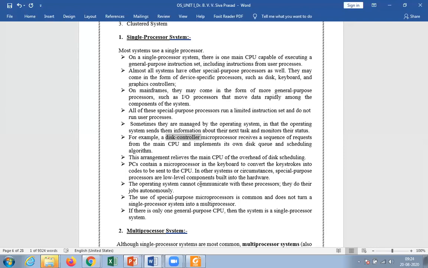If you press caps lock, it will automatically display capital letters. If you turn on caps lock and press key A, then capital A will be displayed. So the processor in the keyboard understands by using the keystroke. Each and every key has different keystrokes.